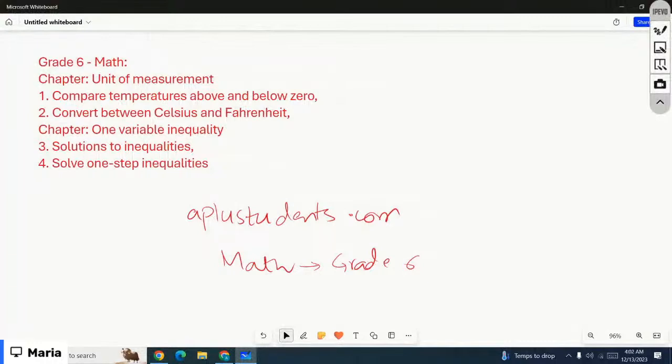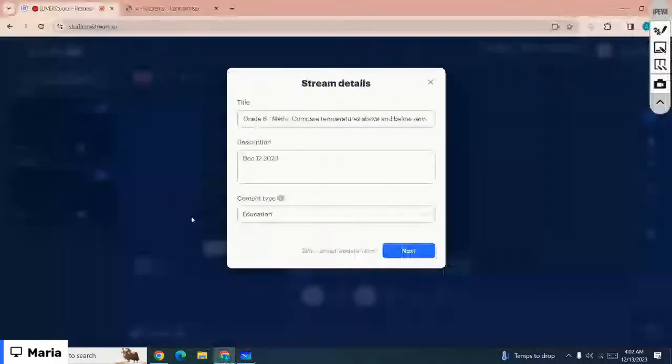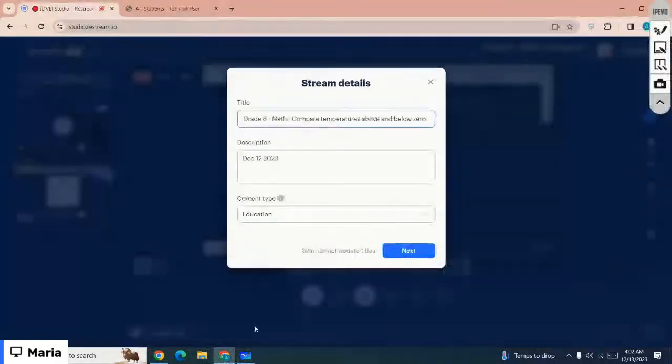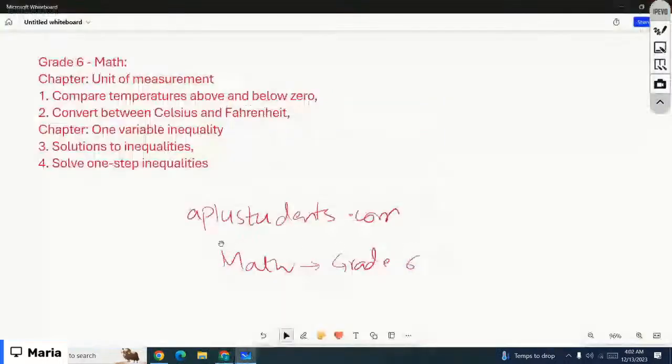We're going to start with the chapter unit of measurement. And the lessons we're going to cover from the chapter are compare temperatures above and below zero, then convert between Celsius and Fahrenheit. Then we'll start the new chapter, one variable inequality, and the lessons are solutions to inequality and solve